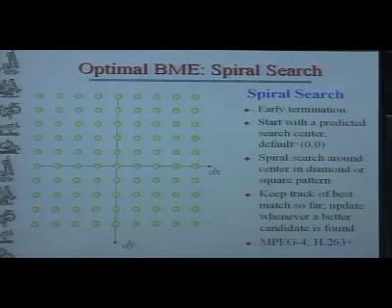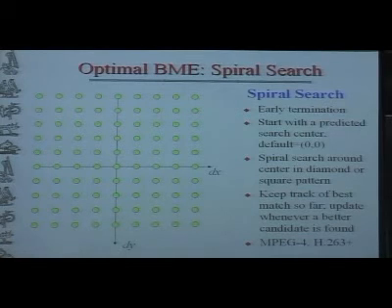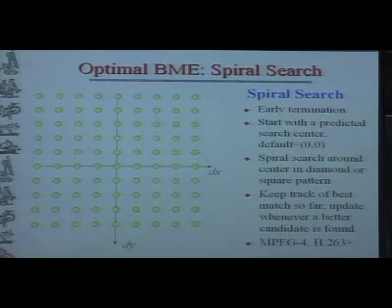However, suppose that you really want optimality. Okay? You really want to keep the optimality constraint, but you want to do it fast. How do we do it? The concept is called early termination.